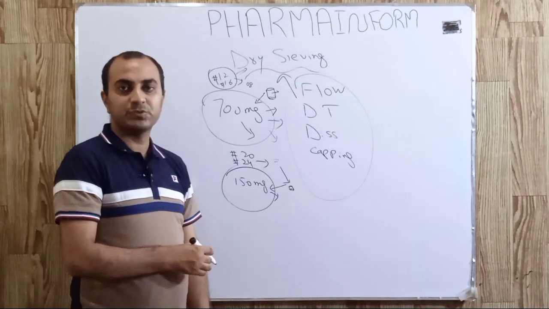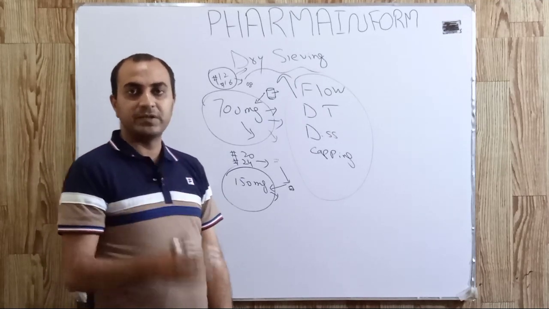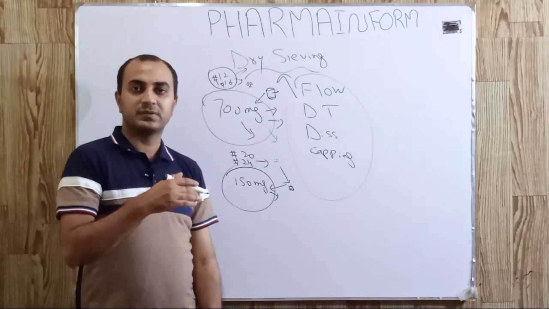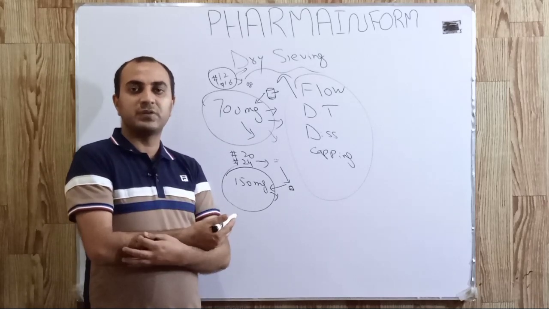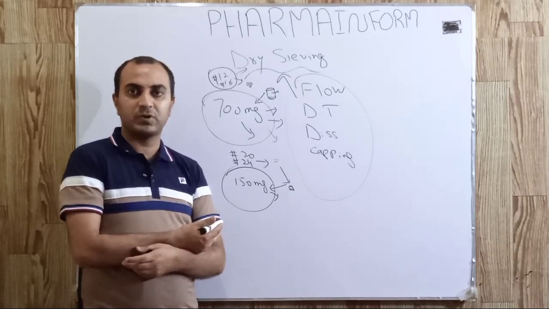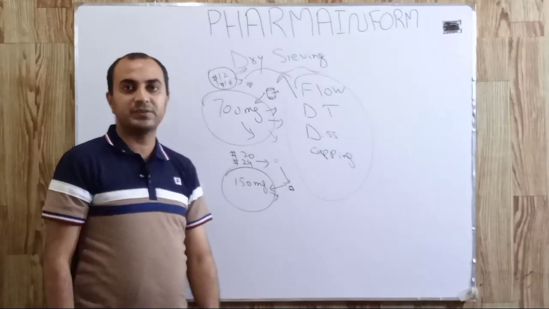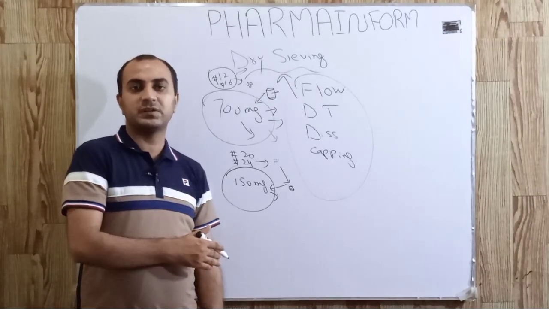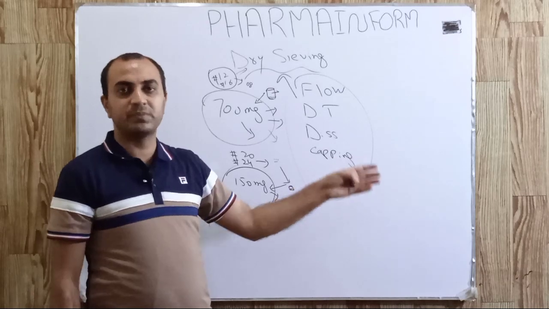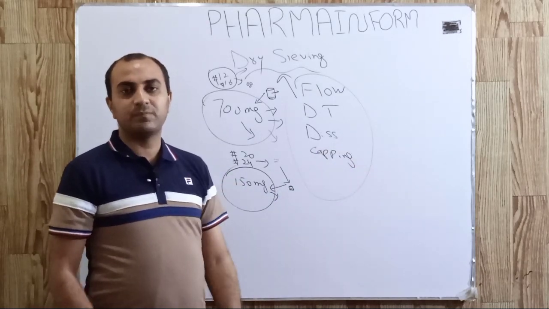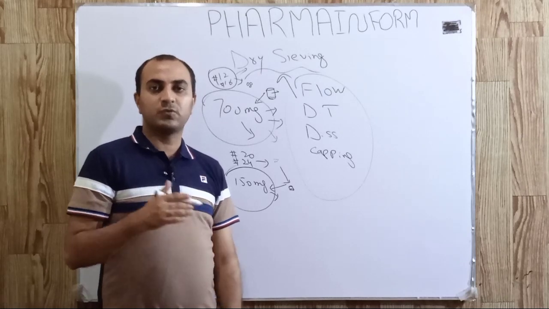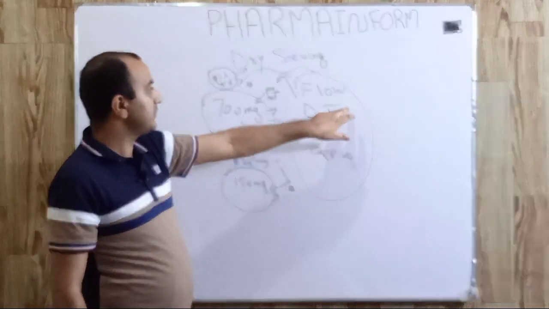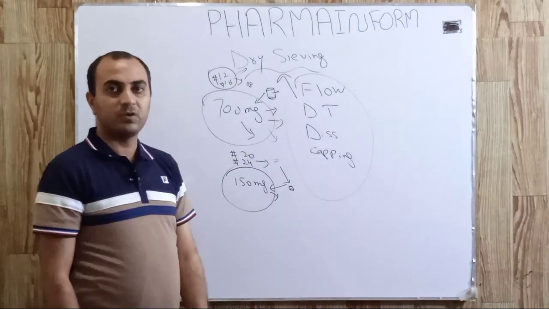So we have to use a validation process to validate the results of our products or tablets. We always use the mesh which is validated for our product to get better results. For the dry sieving, as we discussed earlier, we can use an oscillating granulator or dry mills. During this step, dust is generated. So for operator safety, masks and gloves should always be worn to protect our operators.